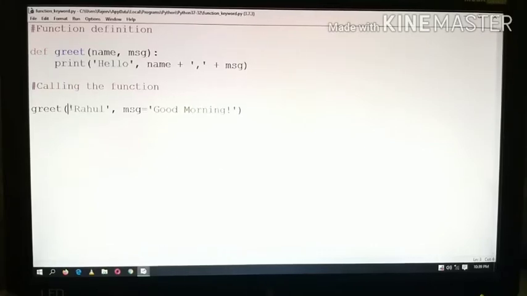Means suppose you can provide the name here, the variable name here, the argument name here, and you can assign the value. In this you can assign the value using the argument name, means you are using the keyword here. In this way you can call the function.